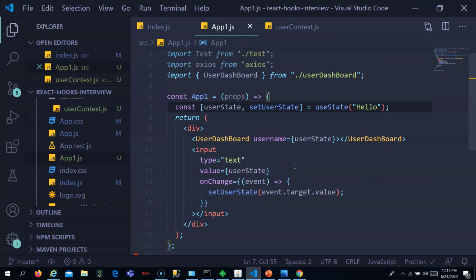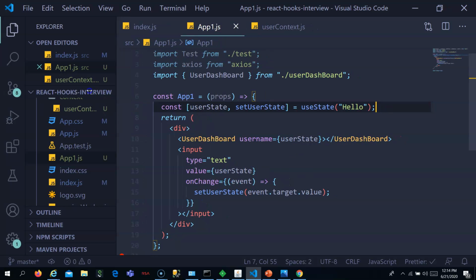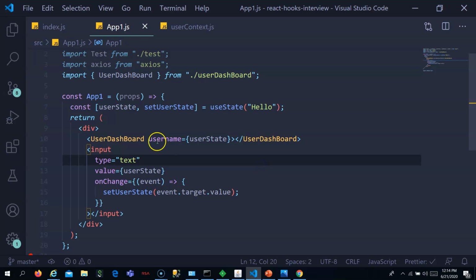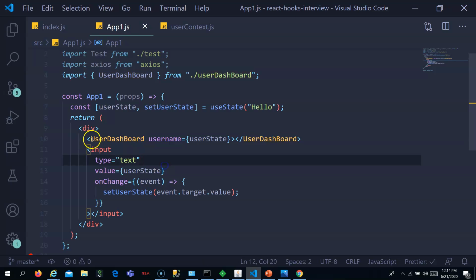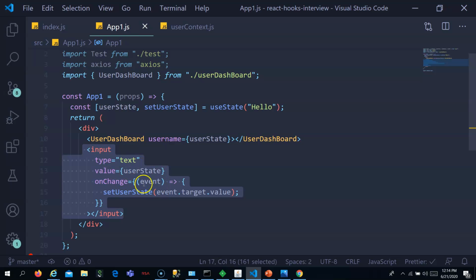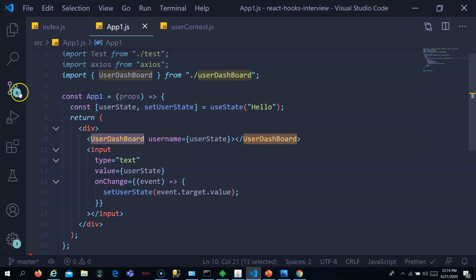So to show you how the prop drilling happens, this app1 has a user dashboard functional component. It actually renders this user dashboard component. To this, I have created a use state which I am using in the input element. Whenever the input element changes, this user state is passed to the user dashboard functional component.